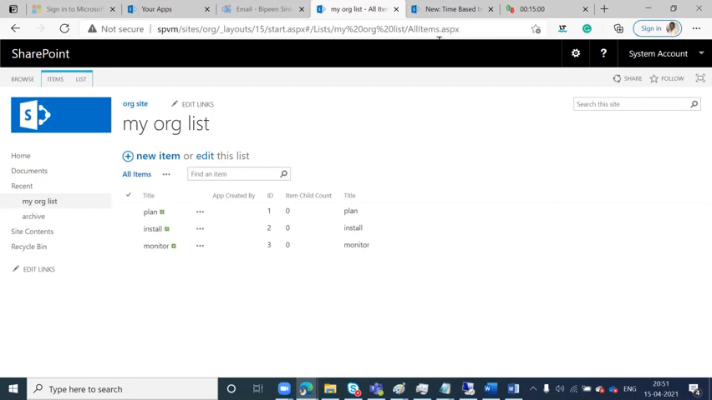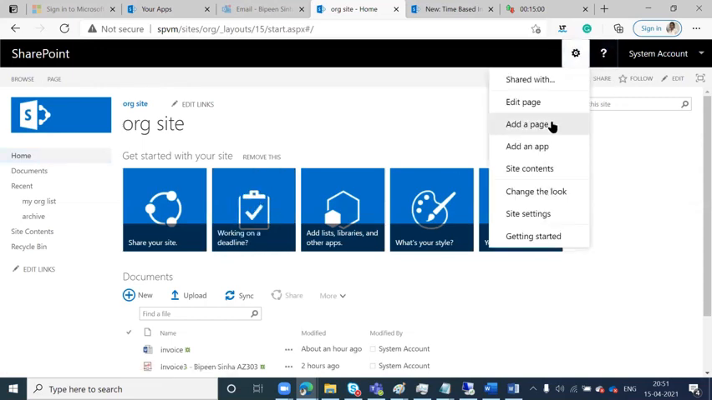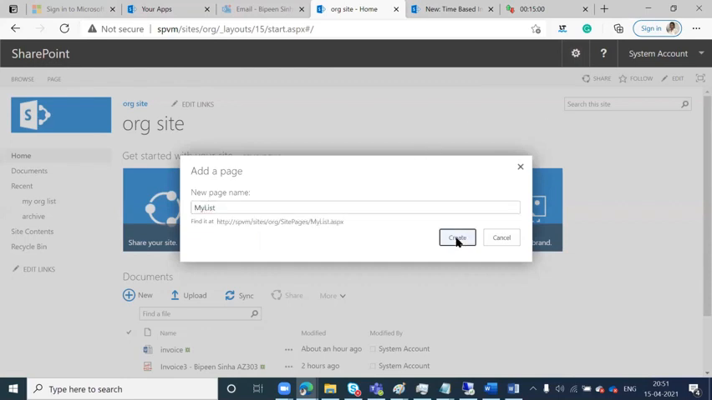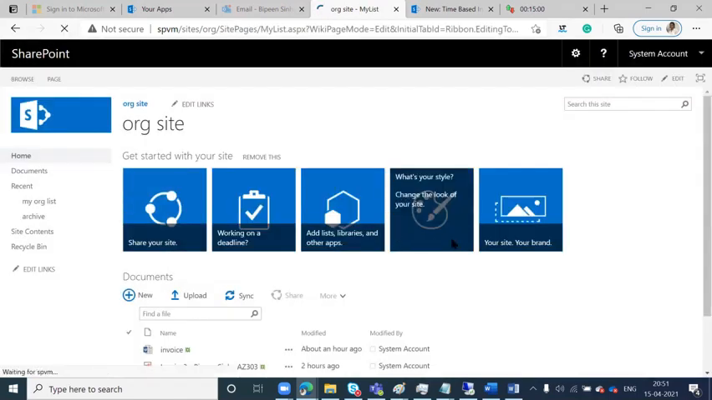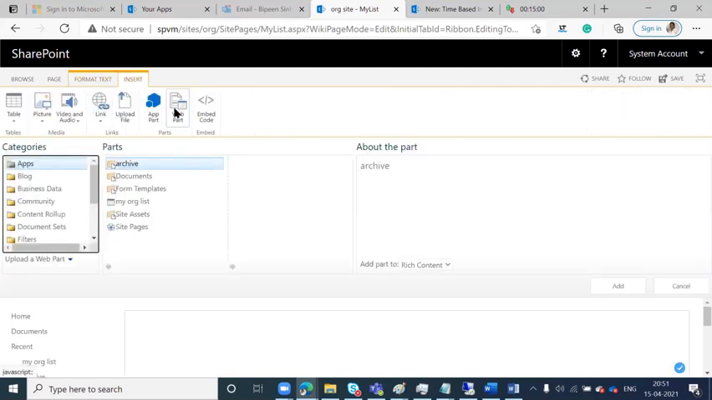Organization. Let's say I am going to create a new page. In this page, I am going to say my list page. And when I go, I want to exactly use a web part where I want to see my list. Because whenever I want to create a list, I want to use something which is already provided or developed by my organization,